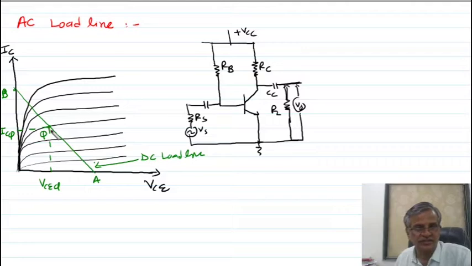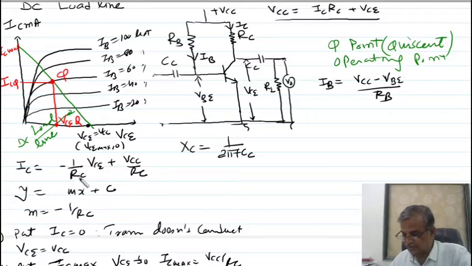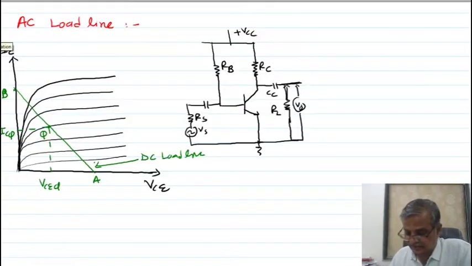So listen, I am discussing now. Whenever an AC input signal is applied, it is necessary to calculate the AC load. See, in the previous discussion, this load is the DC load, because I had not given any AC input signal. I was discussing the DC load line. So no AC input signal is given, so this load is DC. Now I am discussing the AC load line.